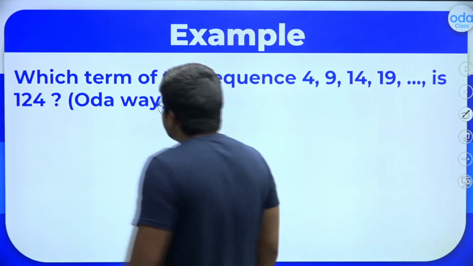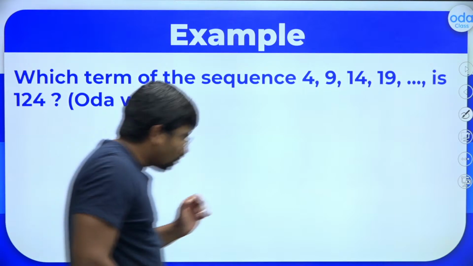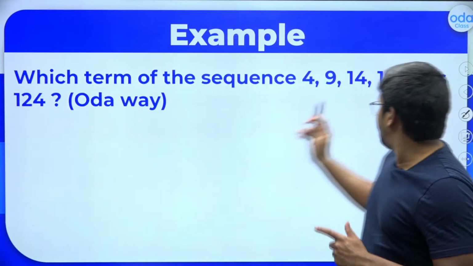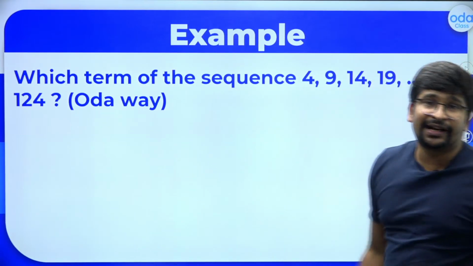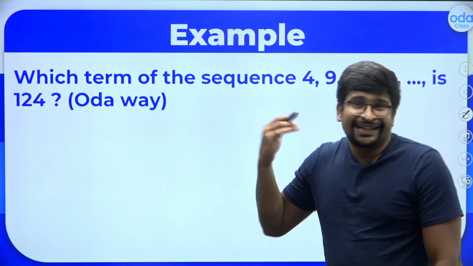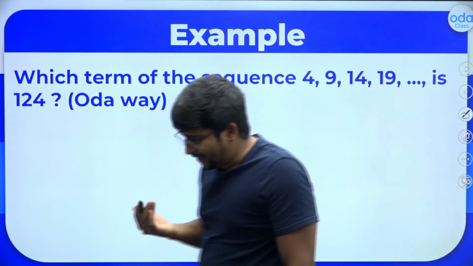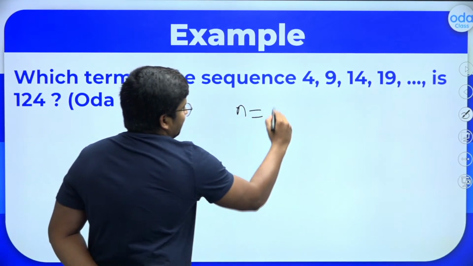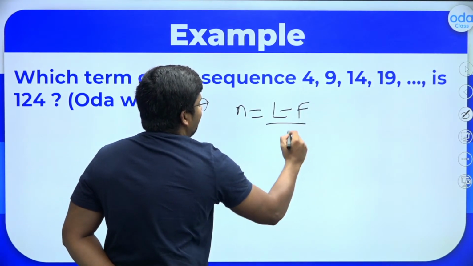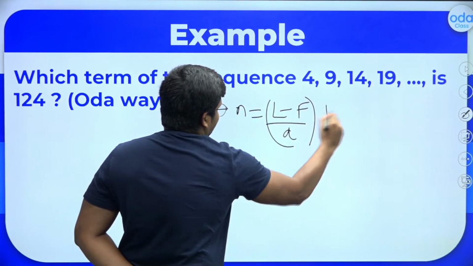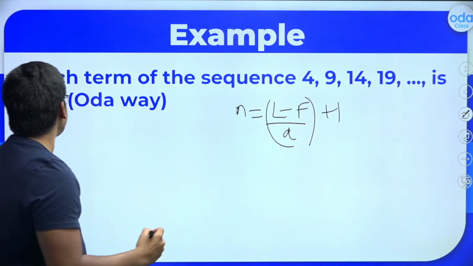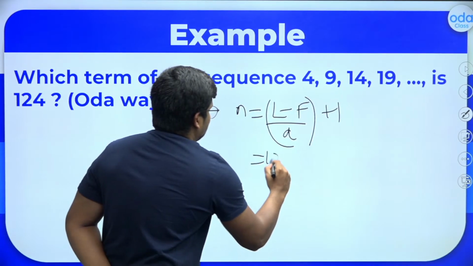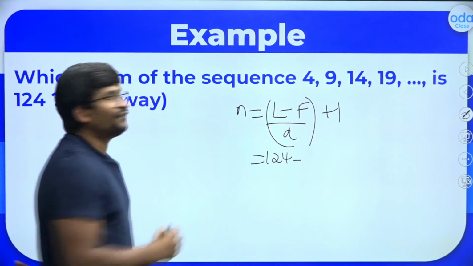So the question is, which term of the sequence 4, 9, 14, 19, etc. is 124? So here also you need the n value itself, right? So let's apply the ODA way. You know that the number of terms is found by the formula L minus F divided by D plus 1. What is L? L is the last term, which is 124, minus F. F is the first term, which is 4,